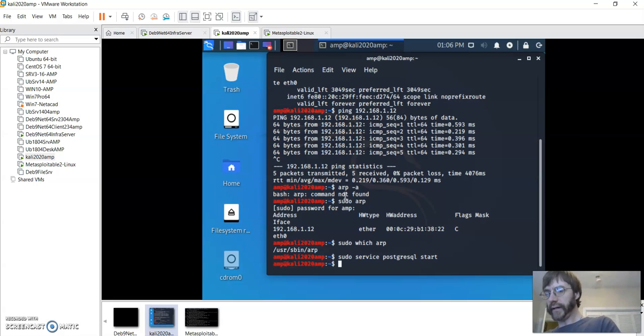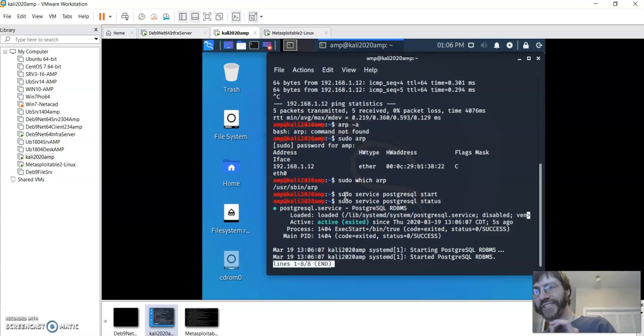The other thing to do is check its status, because the service command tends to fail silently. You need to check it purposefully, rather than just assuming, okay, no news is good news, it must be working. That's the wrong assumption to make. Now, the next thing to do is